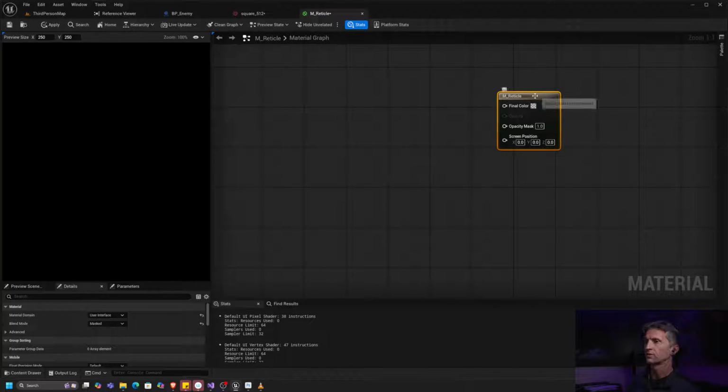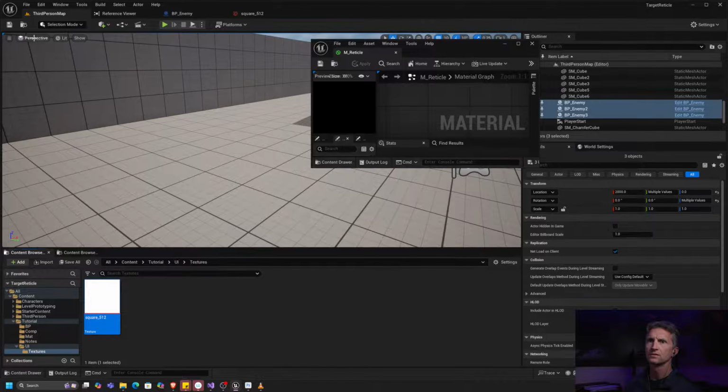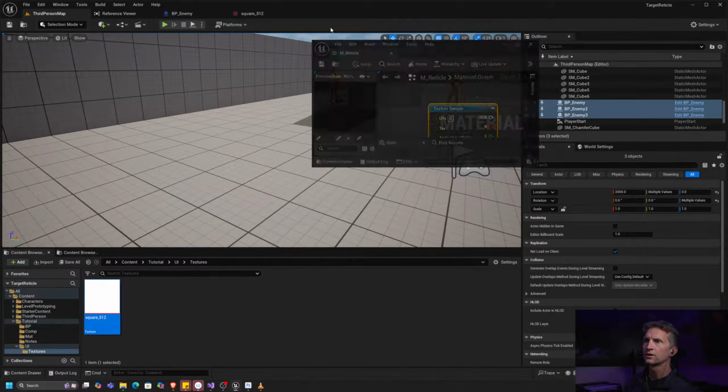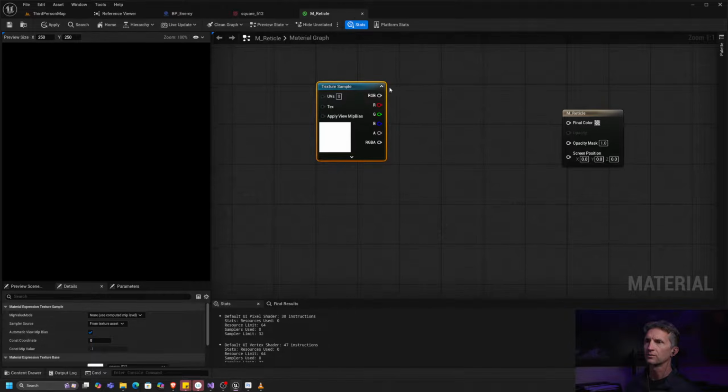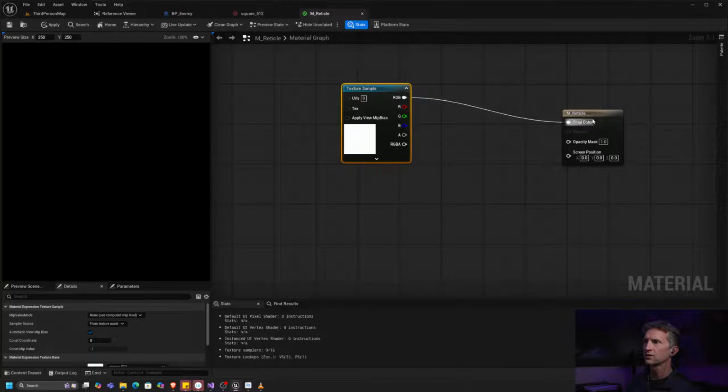What we could do is drag and drop our texture in here. So let me just save a bunch of this stuff so that we don't lose it. Okay, if we browse to this asset, and drag this into our material editor, it will automatically create the texture sample for us. Okay, if we take the RGB and we plug that into our final color,